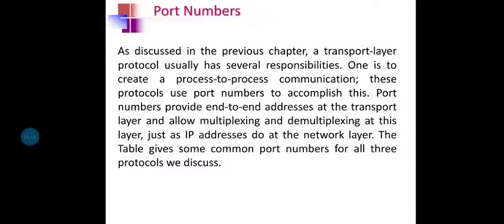These protocols use port numbers to accomplish this. The port numbers provide end-to-end addresses at the transport layer and allow multiplexing and demultiplexing at this layer, just as IP addresses do at the network layer. The table gives the common port numbers for the three protocols we are discussing.